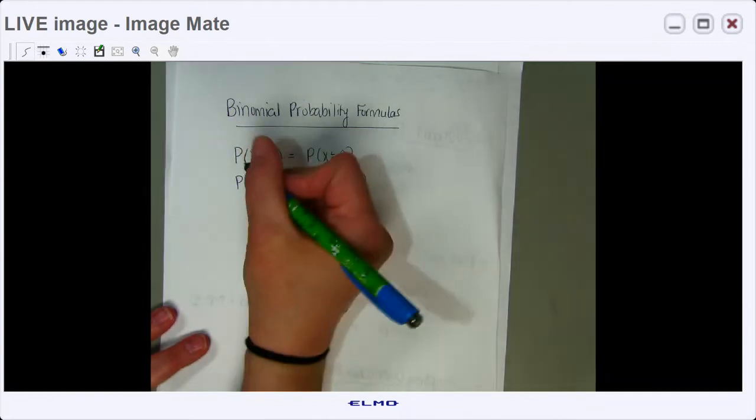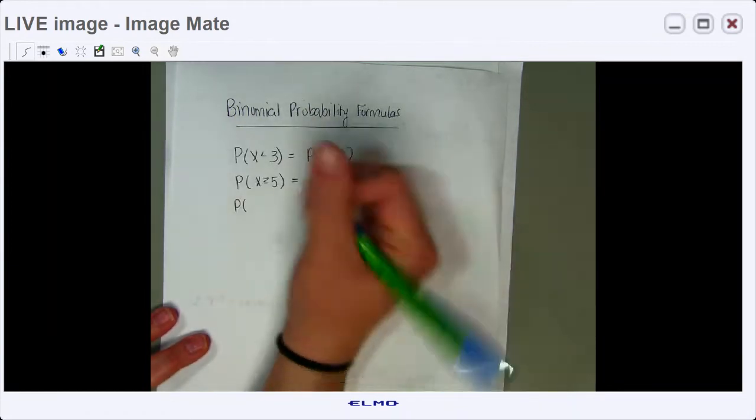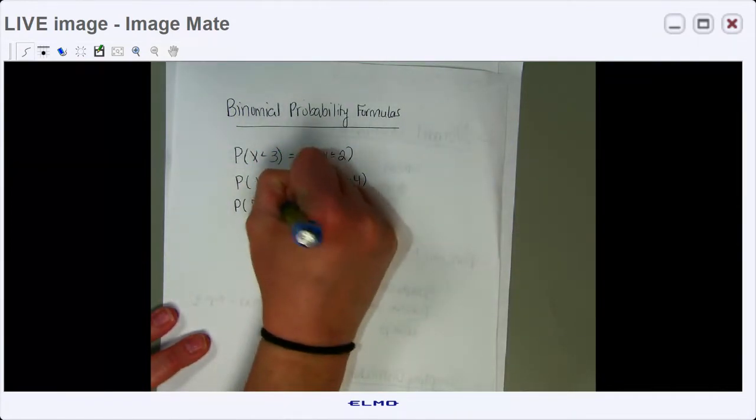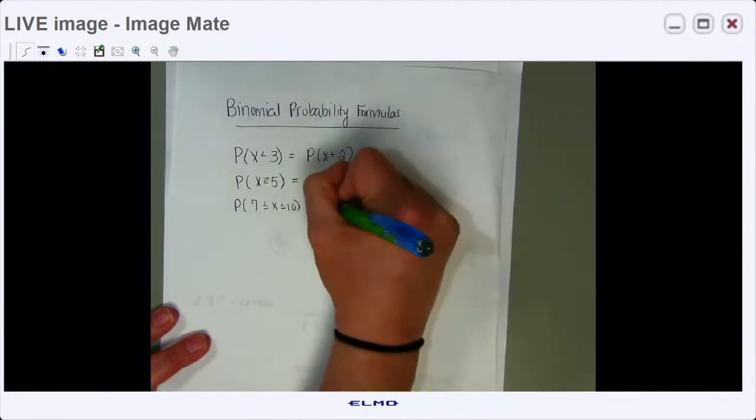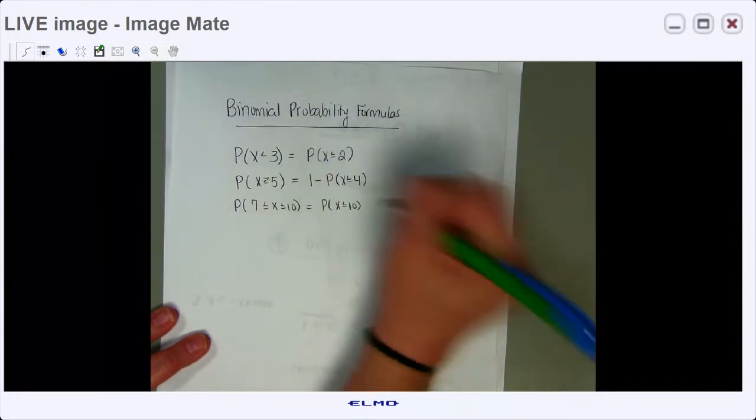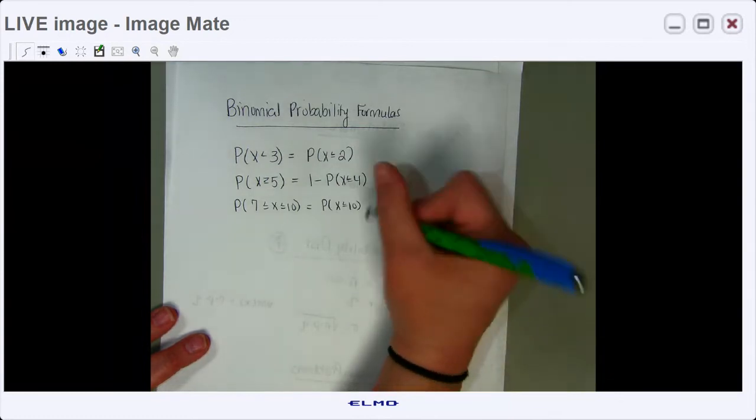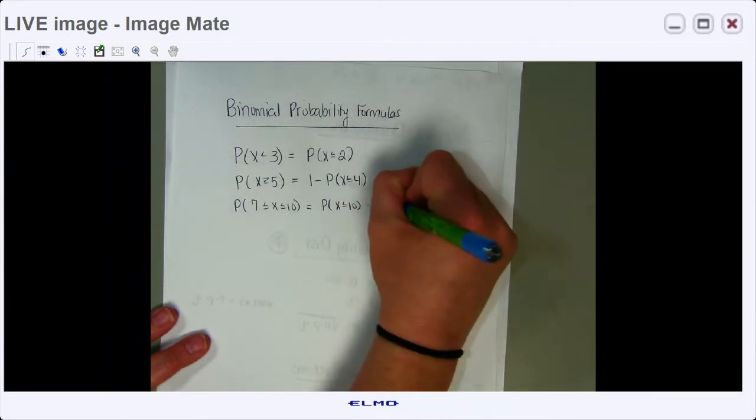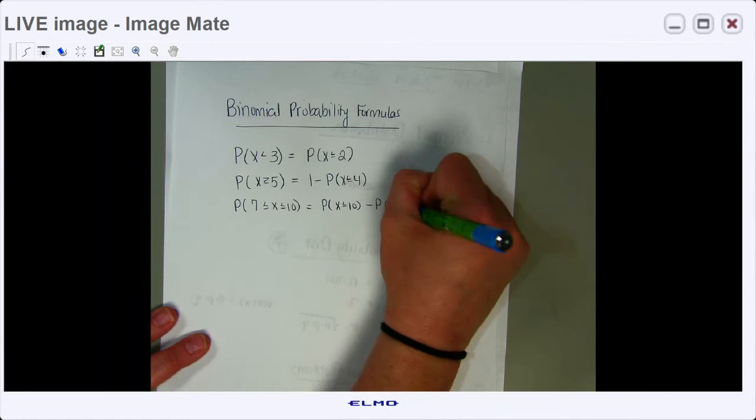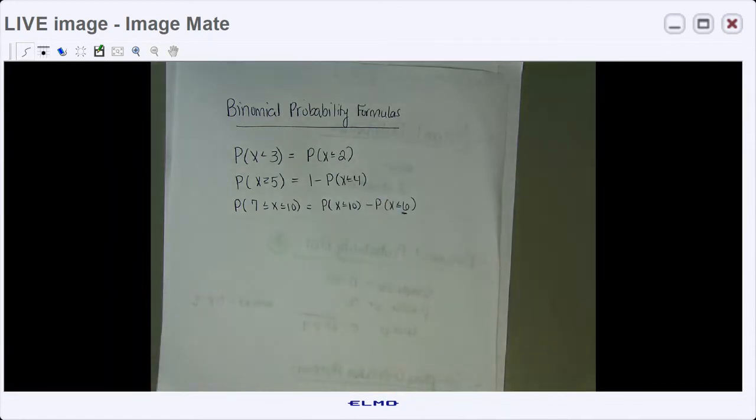And then if you are doing the probability that x is between two numbers, that is calculated as the probability that x is less than or equal to the larger number minus the probability that x is less than or equal to 1 smaller than your smallest number. And the reason we have these binomial probability formulas is because binomial charts are cumulative, meaning if you have a binomial chart,